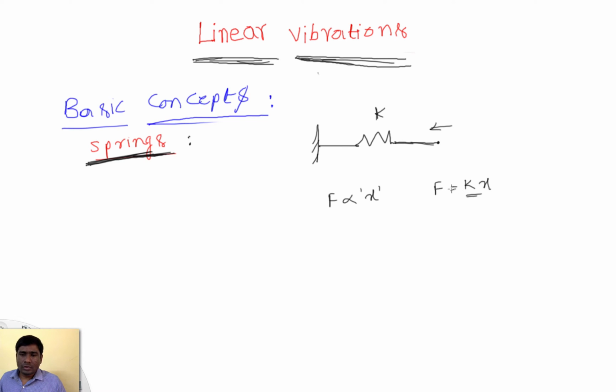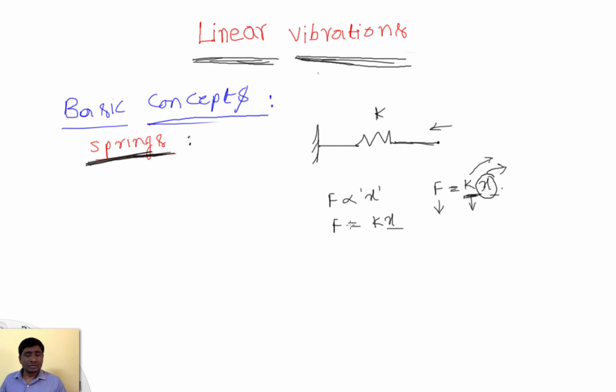So the force taken by the spring is nothing but k into x, and if you want to increase the amount of force that can be borne by the spring, then either you increase x, or it can be increased by increasing the value of k. But the value of k is a constant for the given material, so it depends on the material, and the only thing that we can do is change the value of x. So this is the force in a spring, equal to k into x.